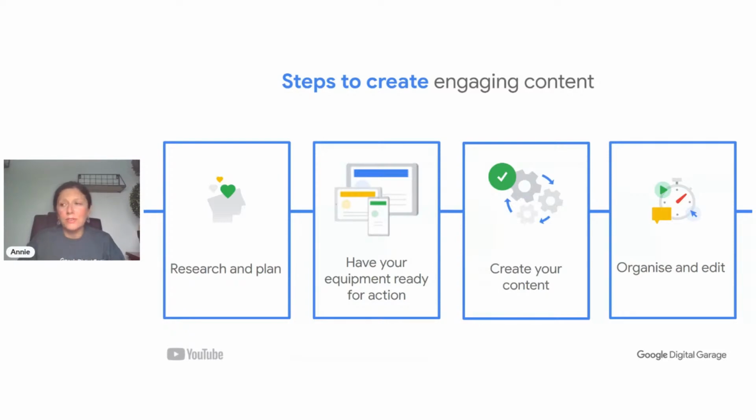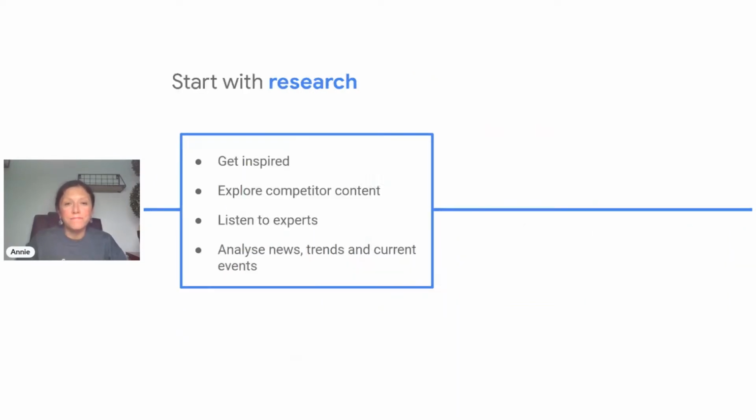Then it's creating that content. So getting that content created and ready to go. As I say, it's trial and error. There isn't a perfect vision of what it can look like. Sure, get some tips, get some ideas outside, but it's getting started that is the hardest part. And of course, everyone crawls before they walk, as I mentioned before. So just giving it a go, because we learn through what goes well and what goes badly. And I'm sure a number of you are already, as it sounds like, on YouTube. So it sounds like you're giving it a go and you're already probably learning an awful lot in that process.